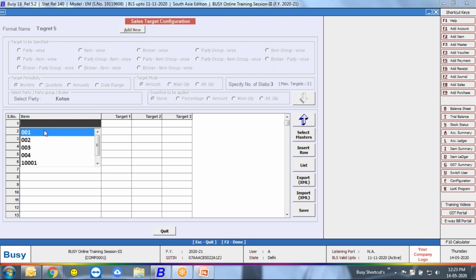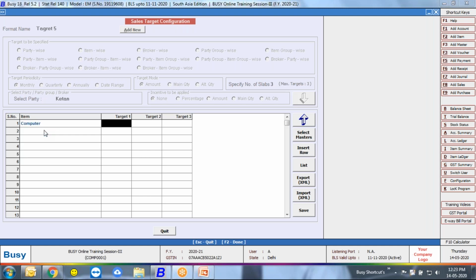Like I said, if I sell a computer to Ketan, what is the first target limit?